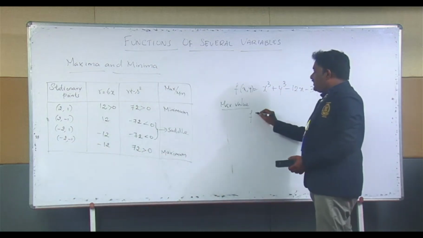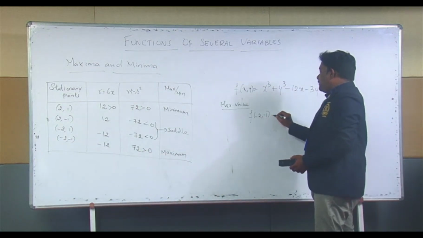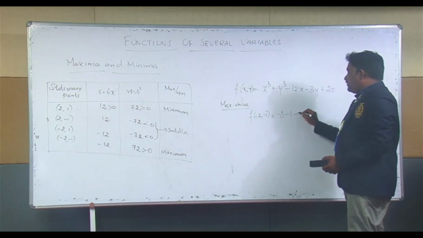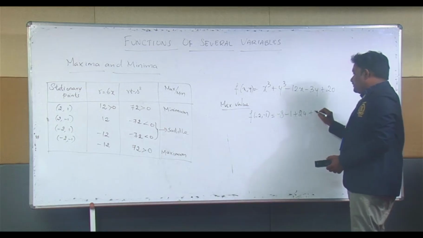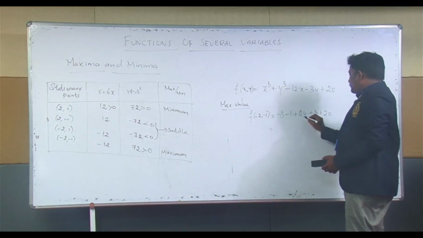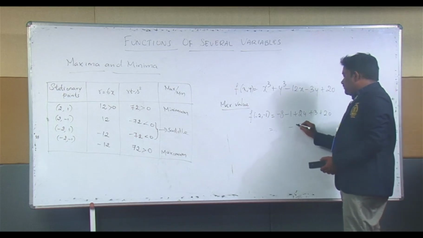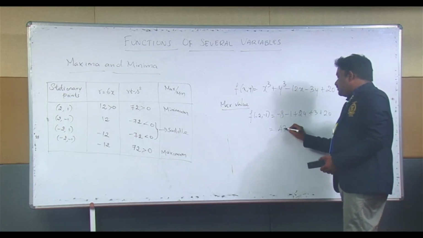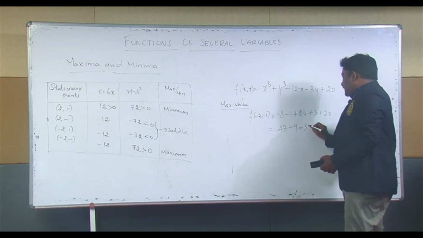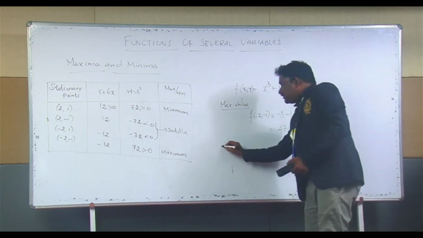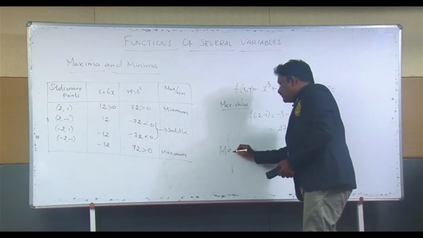So if I replace this, f of (minus 2, minus 1) will become minus 8 minus 1 plus 24 plus 3 and then plus 20. If you add them, it becomes minus 9 on one side, and on the other side it is 47. So this is 38, and this is the maximum value, and the minimum value